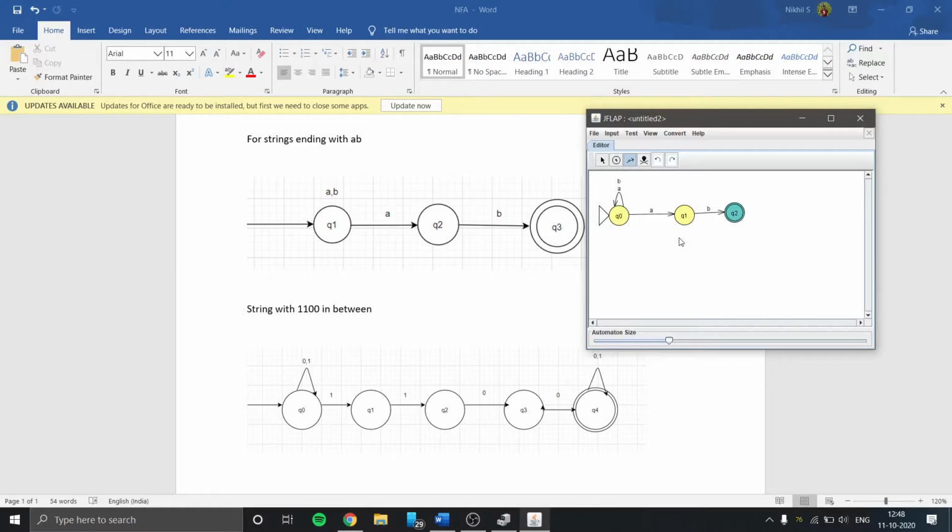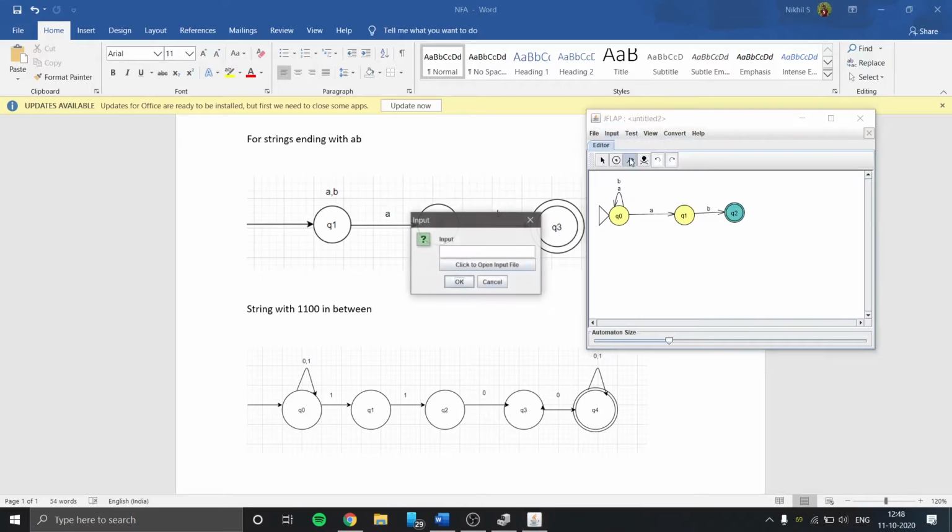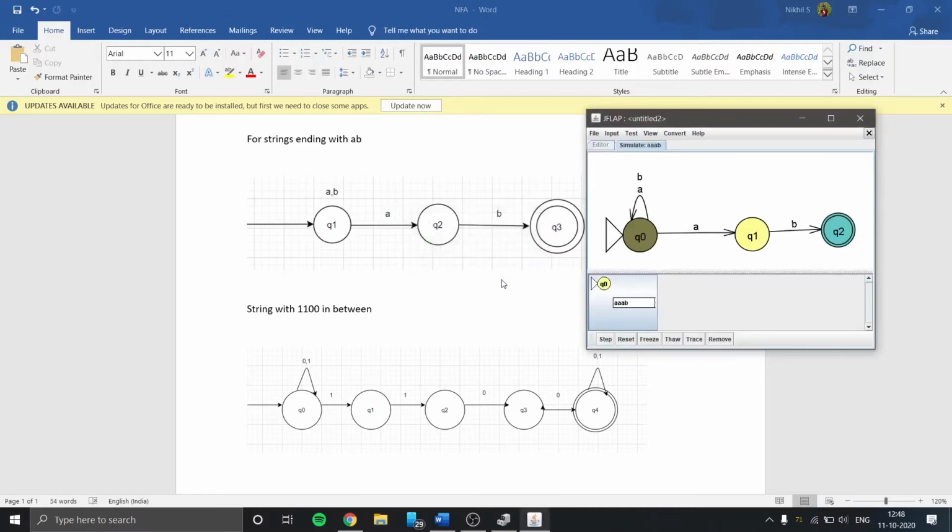So here our NFA is constructed. Now using JFLAP, we can test this NFA and check whether it is correctly built or not. We can do a step-wise run, fast run, or multiple run. So let's do a step-wise run. We will provide an input which should be accepted. Let's see how it goes. Q0, Q0, Q0. Now this is rejected. Another possible path is Q1, and accepted.